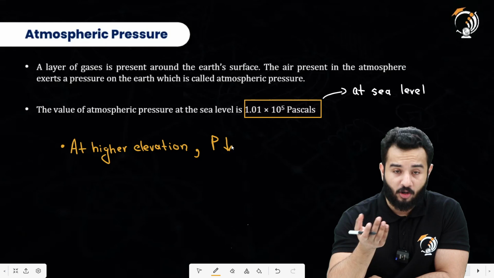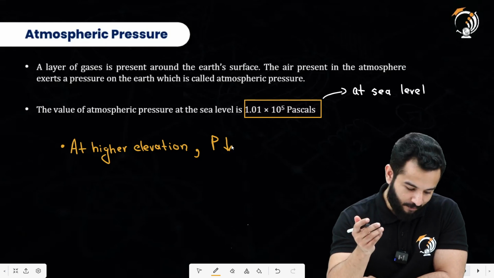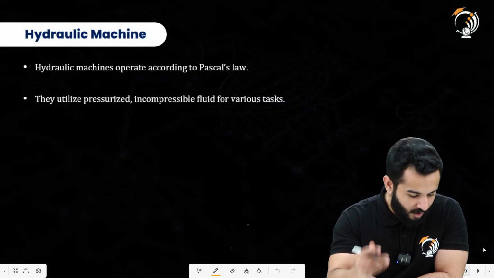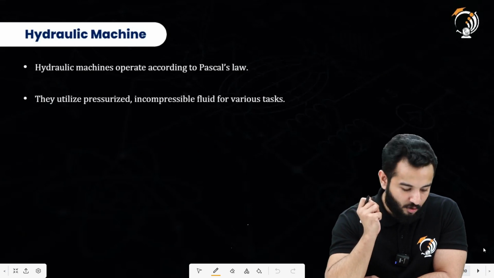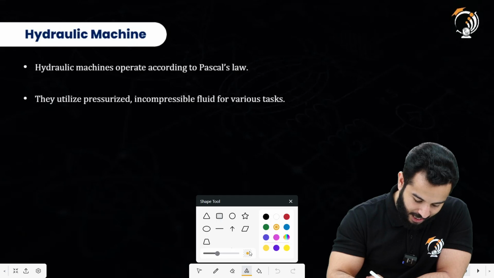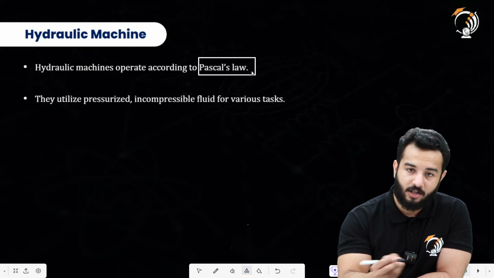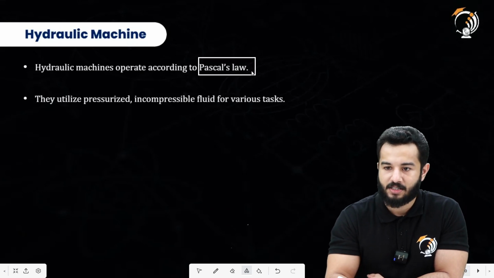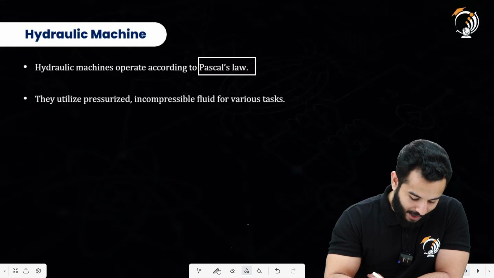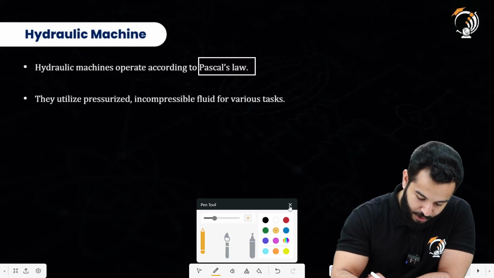That's what we have talked about when we are talking about fluids, right? Moving on, we are going to talk about something called a hydraulic machine. Hydraulic machines are based on Pascal's law. Although Pascal's law is not in your course, we can understand what we really mean by Pascal's law. Pascal's law basically says that the